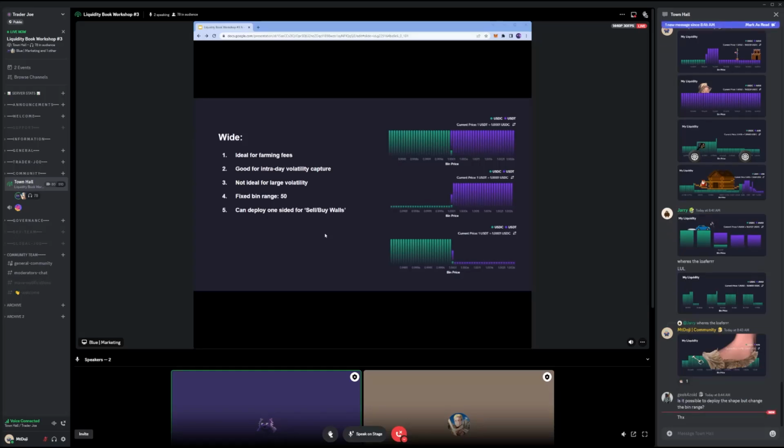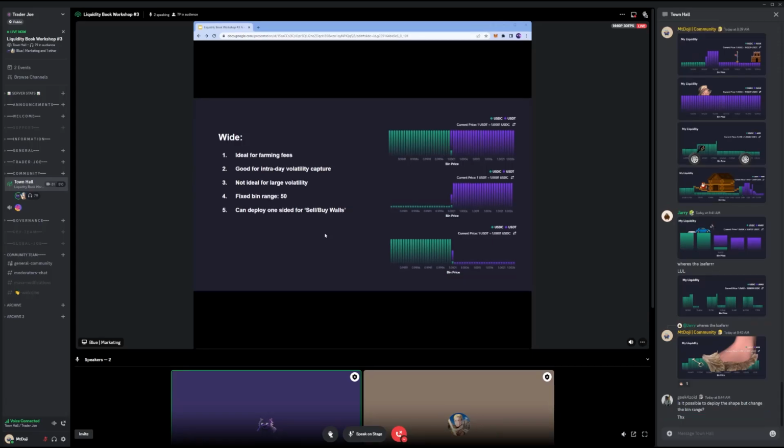Lastly, the basic shapes preset range, a preset shape on the UI: Wide. This deploys over 50 bins. You can't change that. It's always 50 bins. Many members have found it ideal for intraday volatility, relatively small volatility, depending on the pool that you're deploying this on. It's not ideal for large amounts of volatility in the market, even if you deploy it over, for example, a slightly less volatile token compared to others, maybe ETH, USDC. If you deploy Wide into that pool, if there is big volatility within the market,